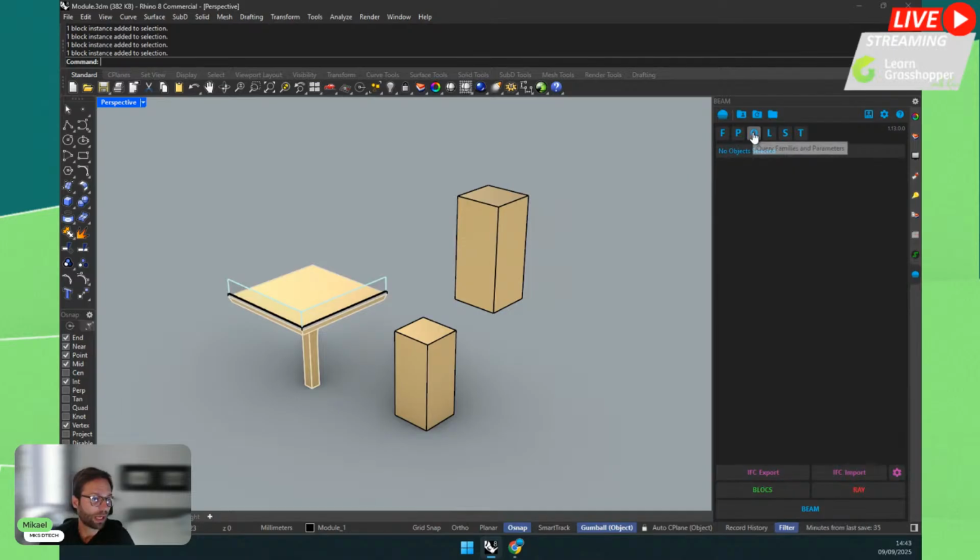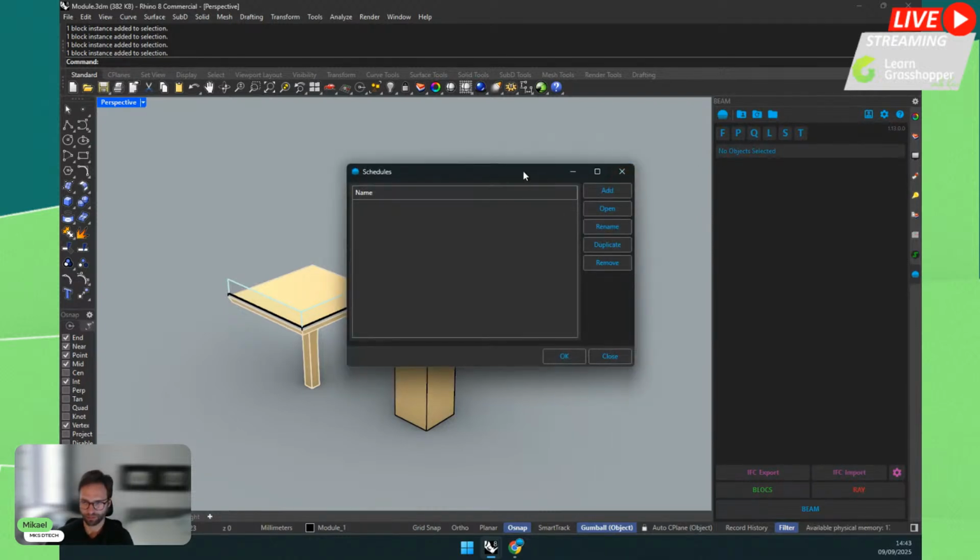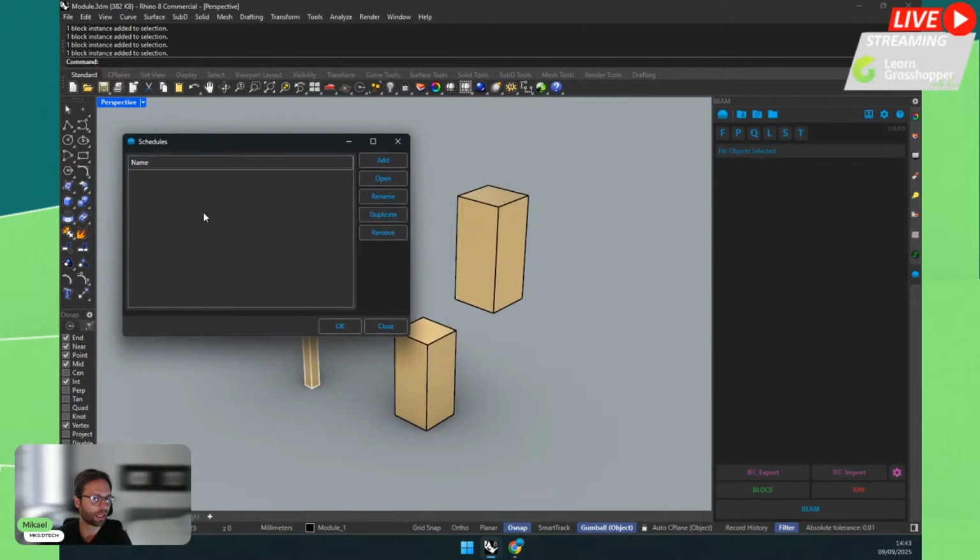Scheduling. So we have this data. How we see this data is also important, so we can see what is in the file. With the quick Q button, the old query, this is a brand new interface we have created recently. We can save schedules in the file. So at any point, you can just open a schedule and it will recalculate the data and display it to you as you want. So let's create one.